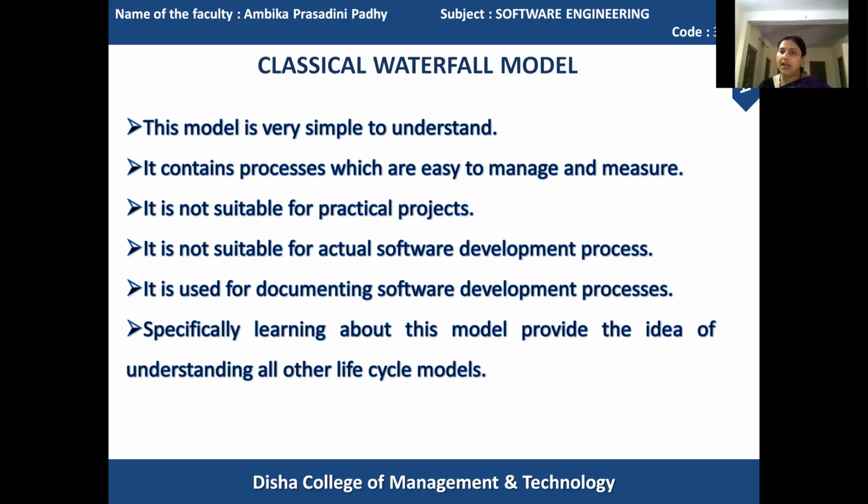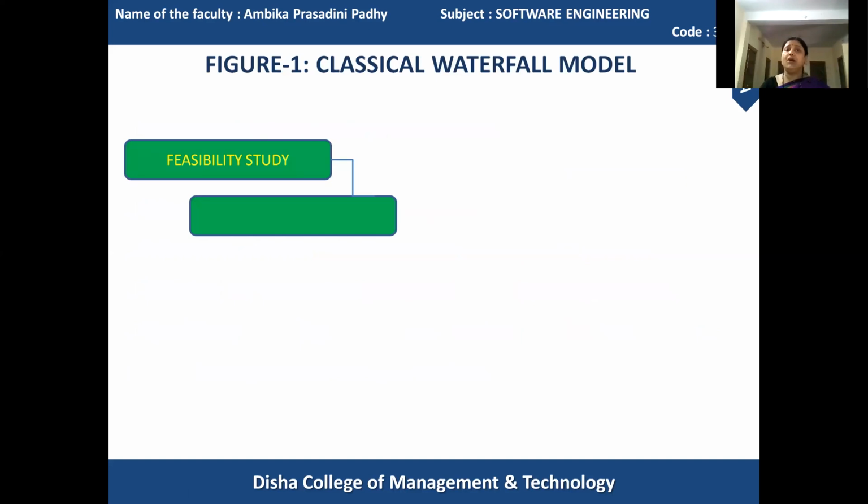So you can go for it and implement it, because documentation requires sequential, step-by-step procedural information to be written in a clear-cut, serial manner. And that documentation need is fulfilled by the classical waterfall model. Got it? And let us discuss the phases of the classical waterfall model, and how it performs its activities.